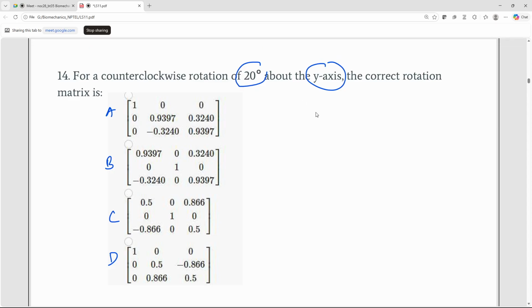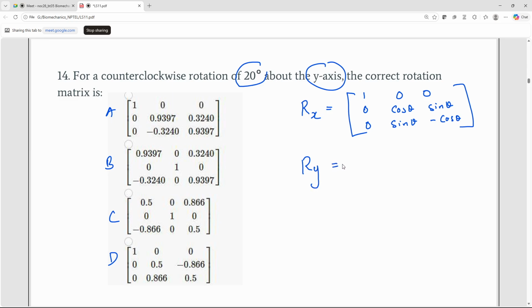So let's write the rotation matrices. So Rx, if the rotation is about x-axis, then the matrix will be 1, 0, 0, 0, 0, cos theta, sin theta, and sin theta, minus cos theta. If it is about y-axis, then it will be